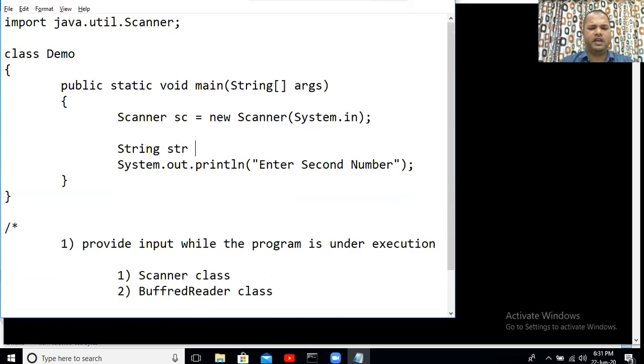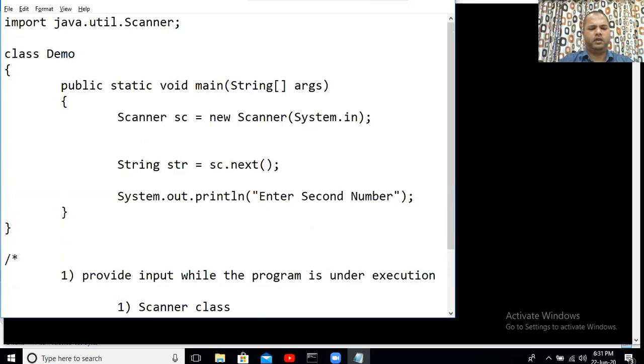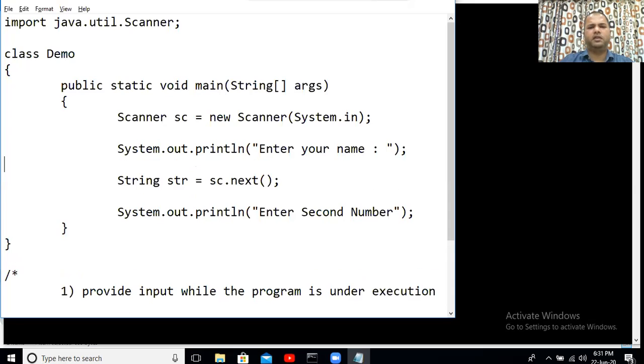So I'll say String str equal to sc.next(). Here I'm going to write System.out.println, "Enter your name." I'm asking user to enter his or her name, and then afterwards I'm going to say "Your name is" and print value of str here.